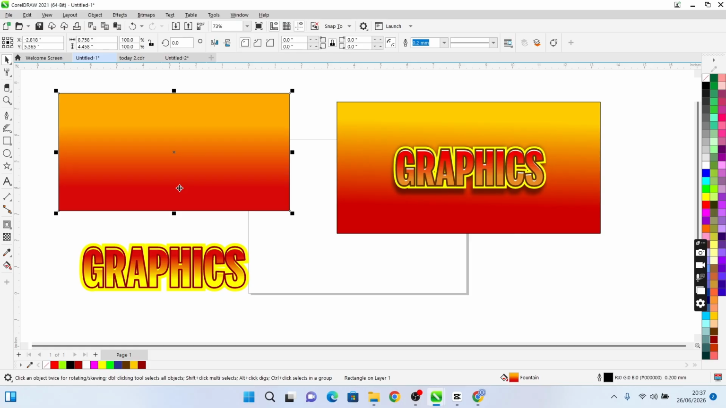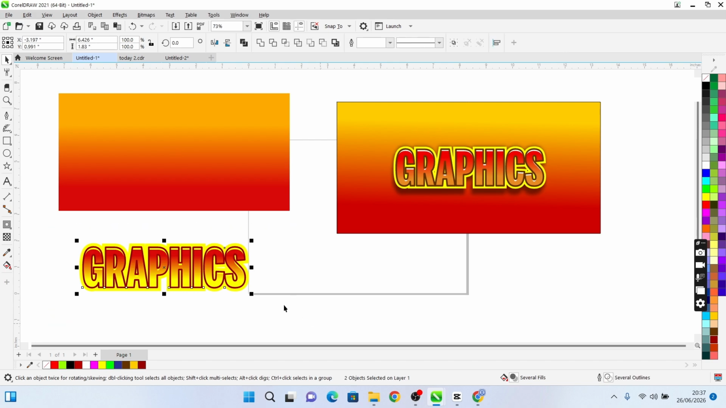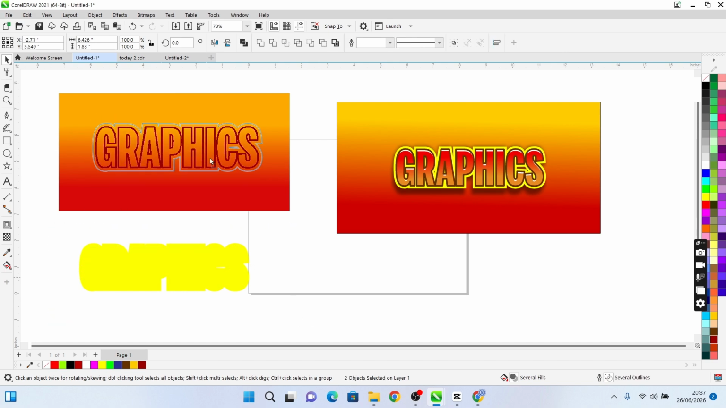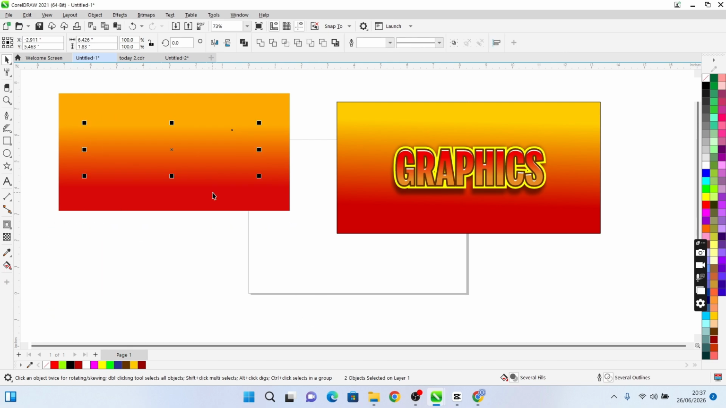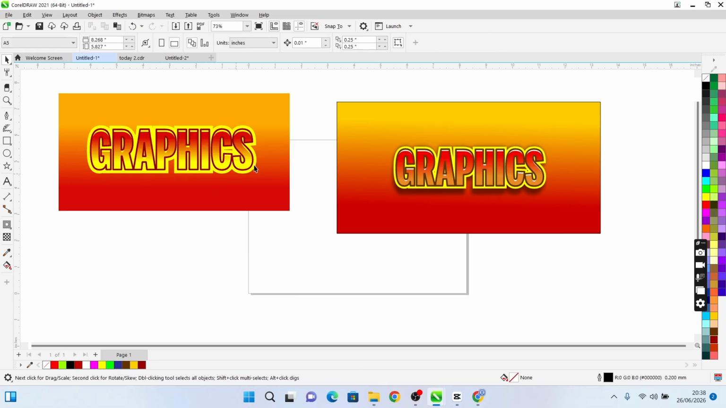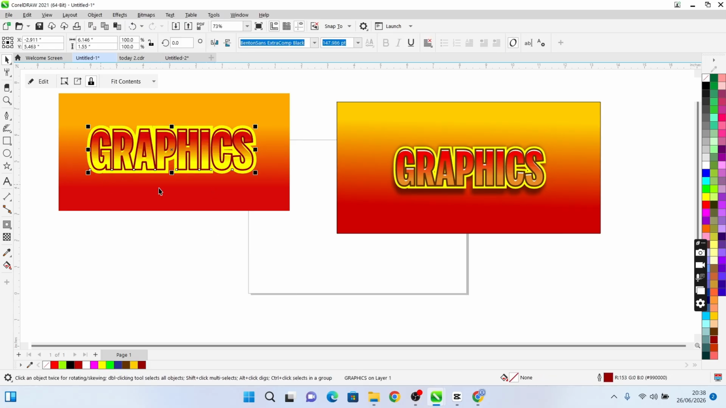So that's what I'm trying to do now. You click on that graphics first to give it shadow. You click on it, you can highlight it, highlight everything, so that you'll be able to, what they call,